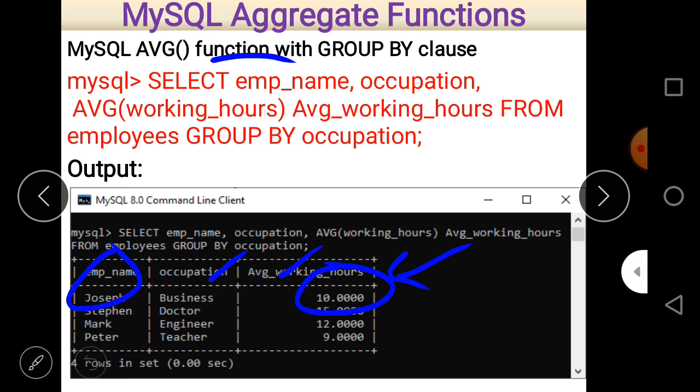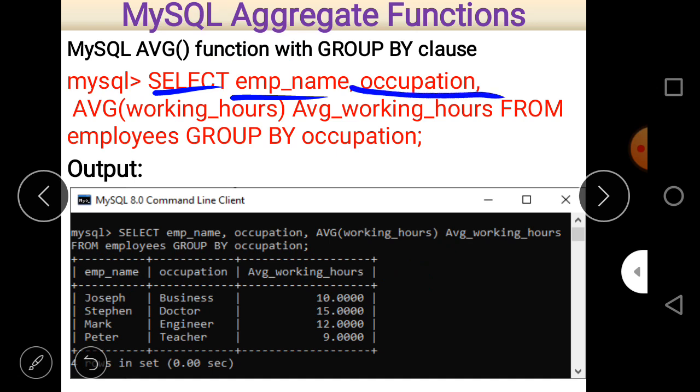So let us consider it in a single command. Select, first of all, selects all the data, all the column names. The column names are employee name, so employee name will be selected. Occupation will also be selected, and the average of working hours will be calculated. There is an alternative name for working hour, average working hour, that is represented here.